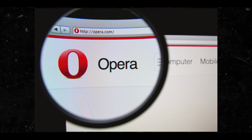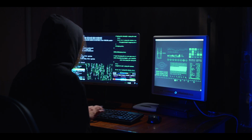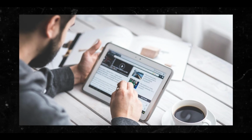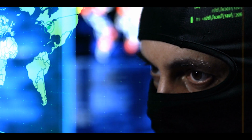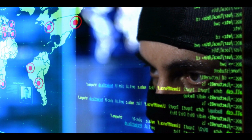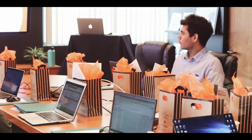Okay, so an Opera MyFlaw bug could let hackers run any file on your Mac or Windows, but we're going to keep it Mac. Now, cybersecurity researchers have disclosed an unpatched security flaw in the Opera web browser for Microsoft Windows and Apple macOS that could be exploited to execute any file on the underlying operating system. The remote code execution vulnerability has been codenamed MyFlaw by the Guardio Labs research team, owing to the fact that